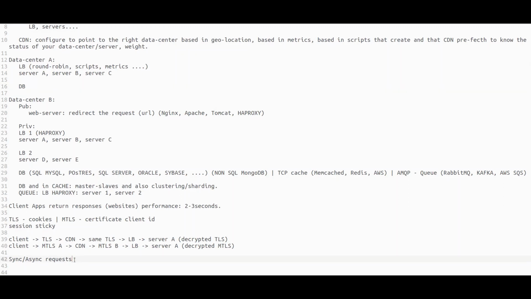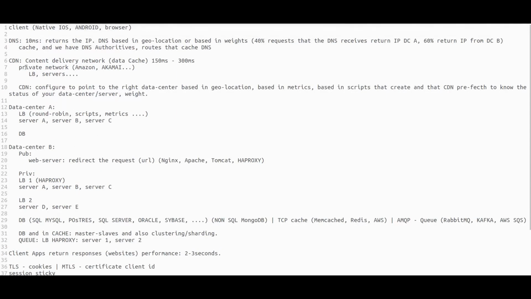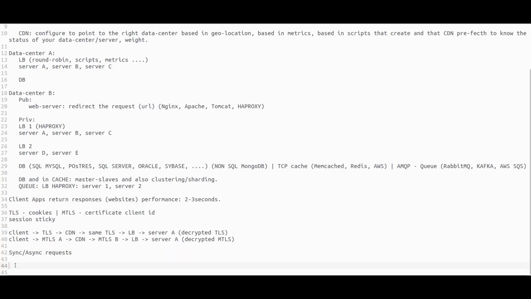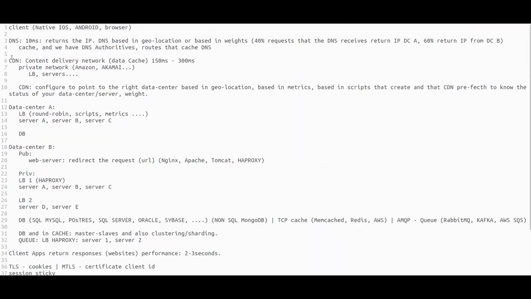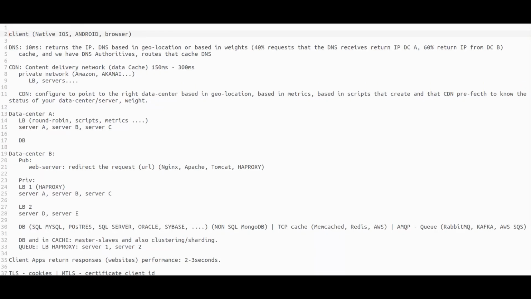Okay, so in this tutorial, let's continue with the previous tutorial where I explained a bunch of different latencies and connections between all of these architectures. But what I want to do in this tutorial is to show you a real example. So let's say that we have an e-commerce